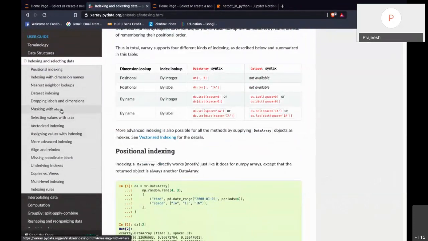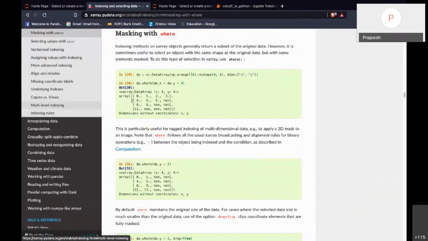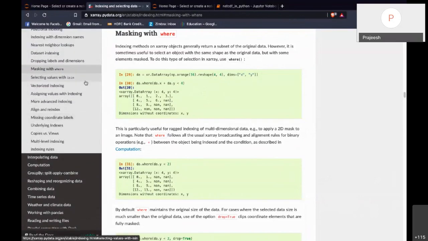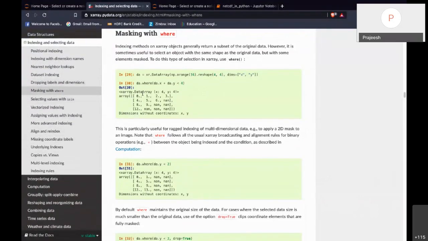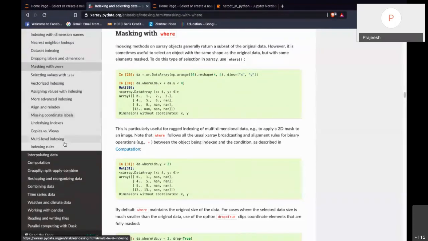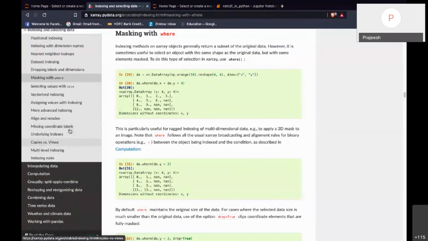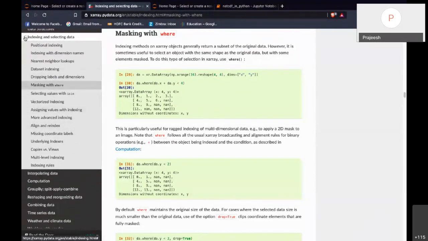So you can get a subset of data with a mask, and like we can use a where function and get a subset of your data set with some kind of mask, and many other functionalities are available here, which you can go through by yourself as you need.